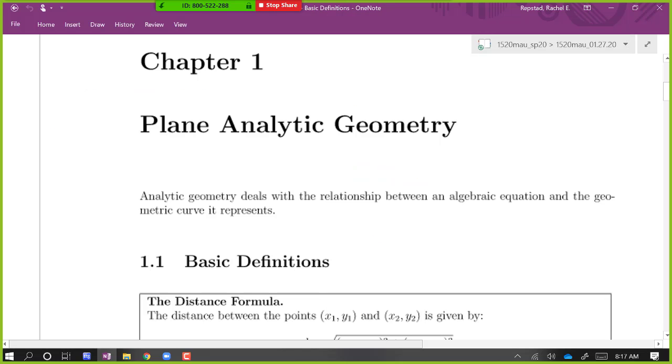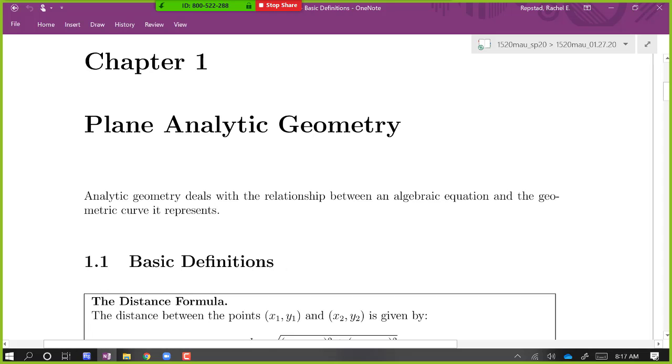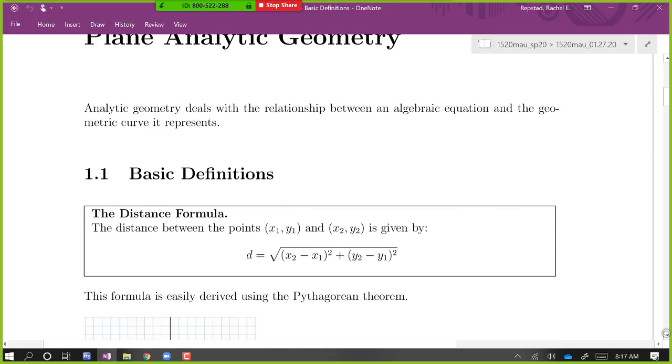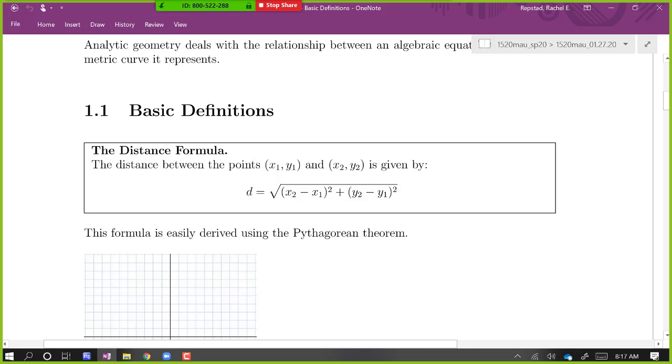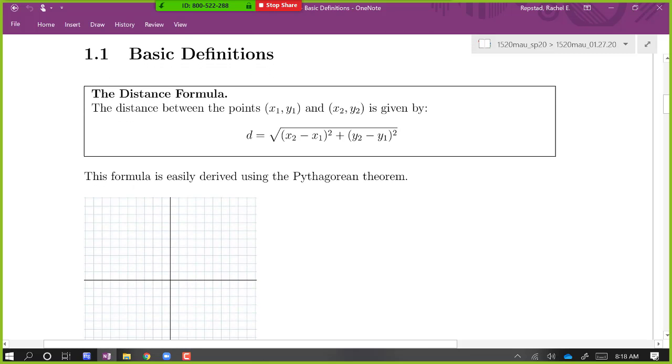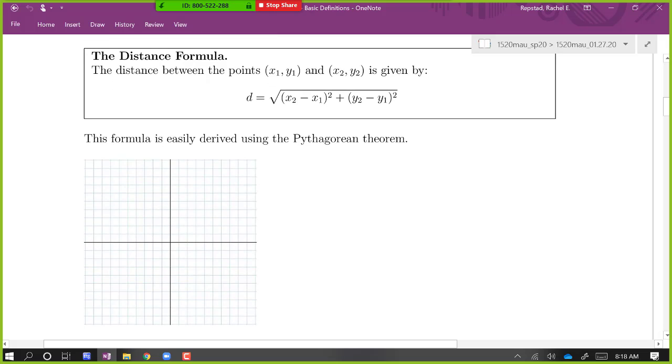We're just going to go through this first section, get through some basic definitions. Some of the stuff in this first chapter is stuff you may have seen, maybe you're no stranger to the distance formula, but we're just going to connect these geometric ideas with their algebraic equations and do some stuff. Some stuff may be less familiar to us.